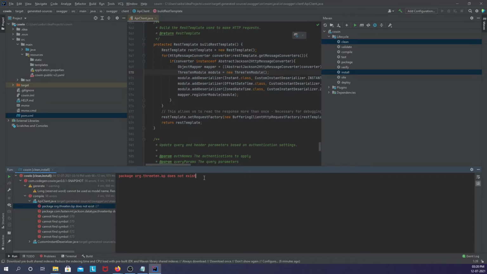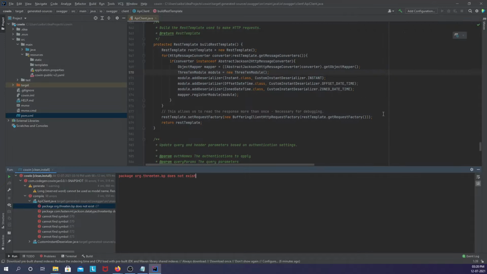Package does not exist. Okay, so this is happening because the Swagger CodeGen Maven plugin by default uses a third-party package for processing the dates.